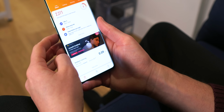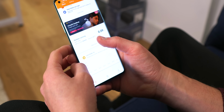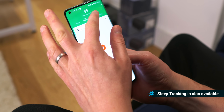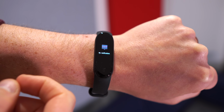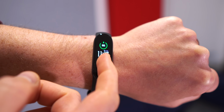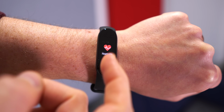The final few features in the app include Find Band, heart rate monitoring, night mode which lowers display brightness when activated, shortcut, display and workout settings. If we jump to the Mi Band 5, you can scroll left or right to go between notifications, weather and music. And if you scroll up or down, it goes between status, i.e. step count, calories, etc. You've got PAI or Pay,